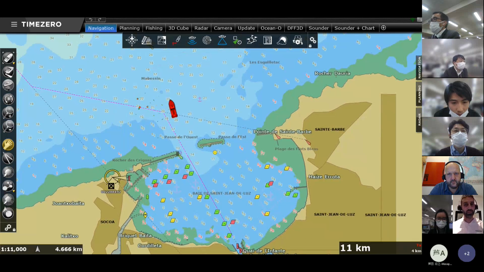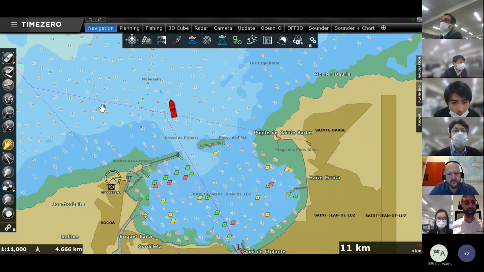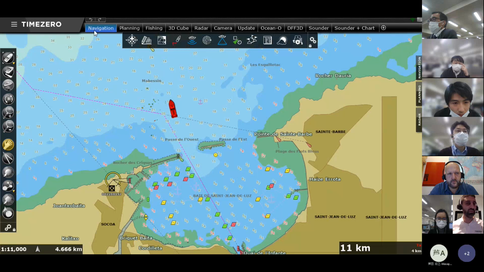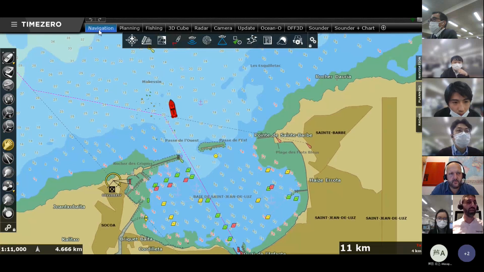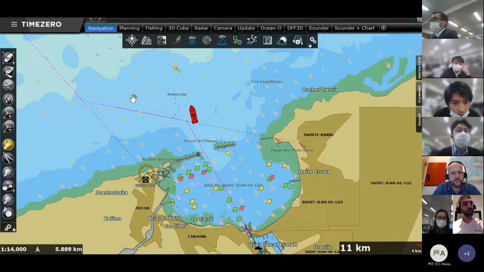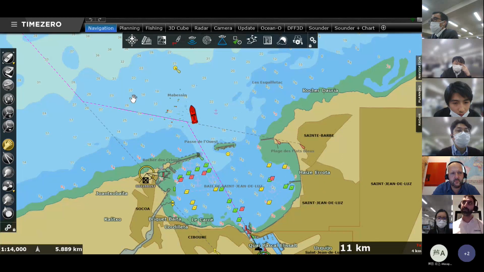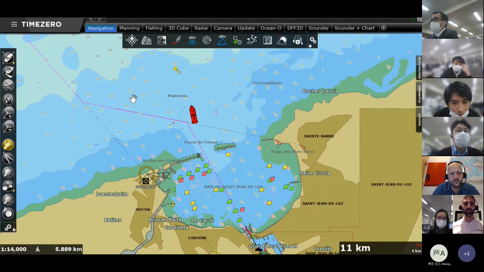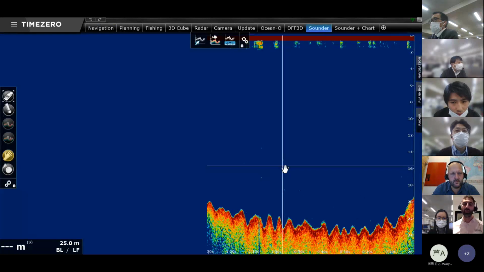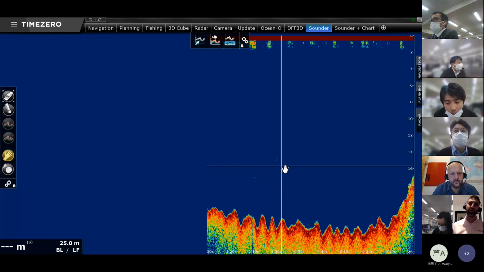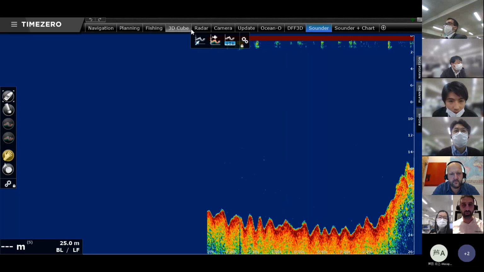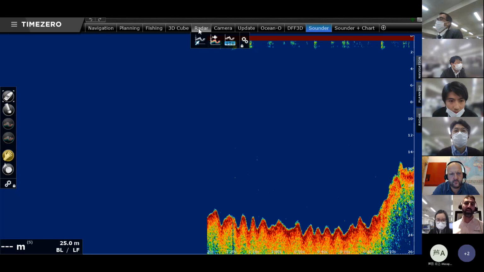On the very top of the system, we have what we call workspaces. You can see here, it's like different tabs. What I'm showing now is the navigation tab. These workspaces are independent areas of work where you can focus on a specific sensor or a specific action. For example, if you have a Sounder connected, you can go to the Sounder workspace and, independently from the navigation workspace, work on that Sounder. We have different types of workspace, and I will go through them later in the demo.